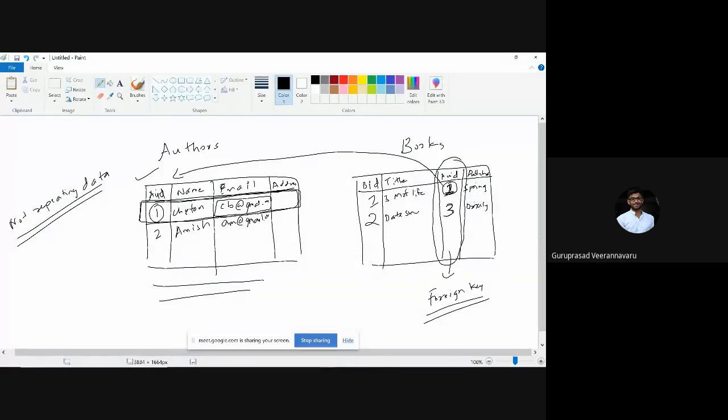So does 3 exist here? Do I have somebody with author ID 3? No. Since I don't have anybody with author ID 3, this is wrong. I cannot add this. So what MySQL does is it checks. At any point in time, whatever I'm inserting into this, it should be present in the table from which